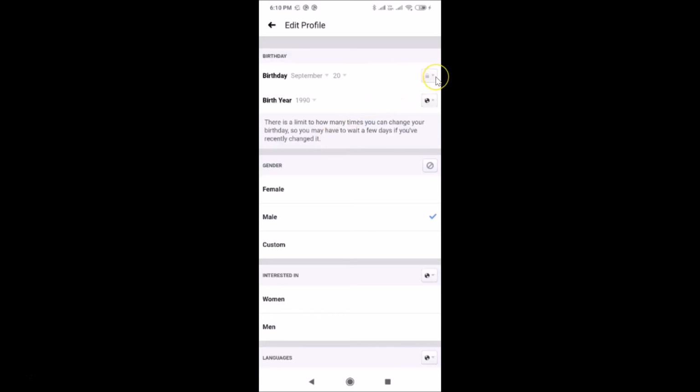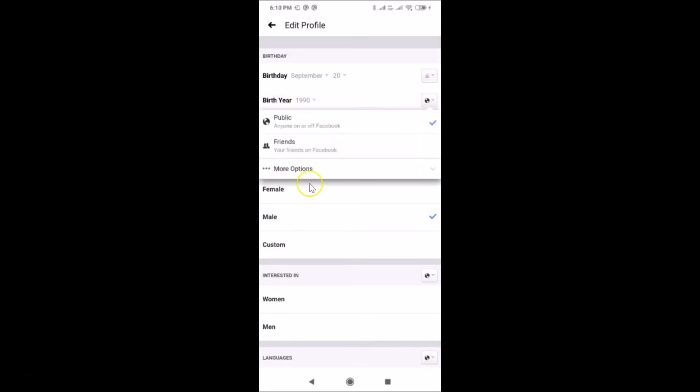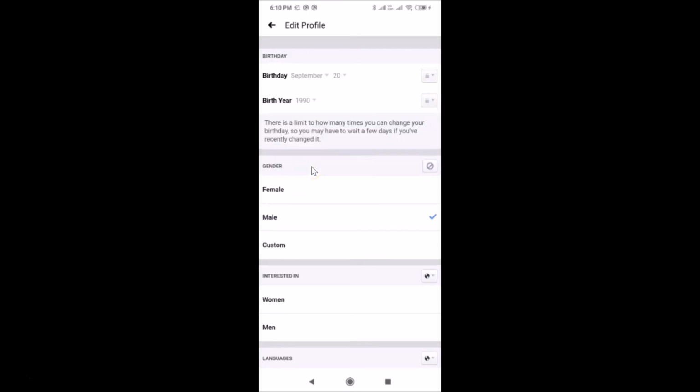You can see the lock icon, and in order to hide this birth year you have to tap on this audience selected, this button next to this birth year. So let me tap on this, and again you have to tap on this more options and select this only me. So let me tap on this, and you can see guys, only me option is now selected next to